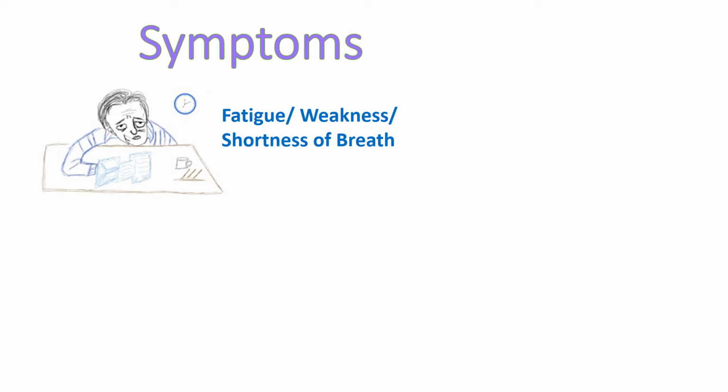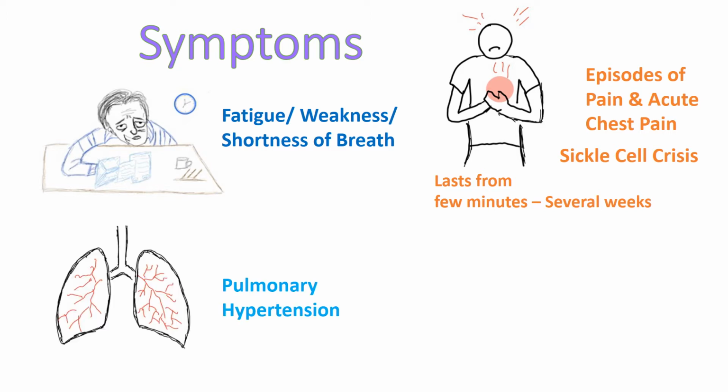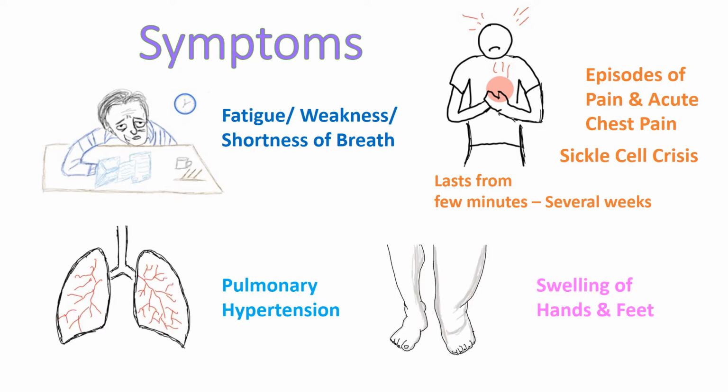Now, what are the symptoms of sickle cell anemia? General symptoms of anemia like fatigue, weakness, shortness of breath, episodes of pain and acute chest pain, also referred to as sickle cell crisis. It lasts from a few minutes to several weeks. Pain medication really helps here. Pulmonary hypertension and swelling of hands and feet,